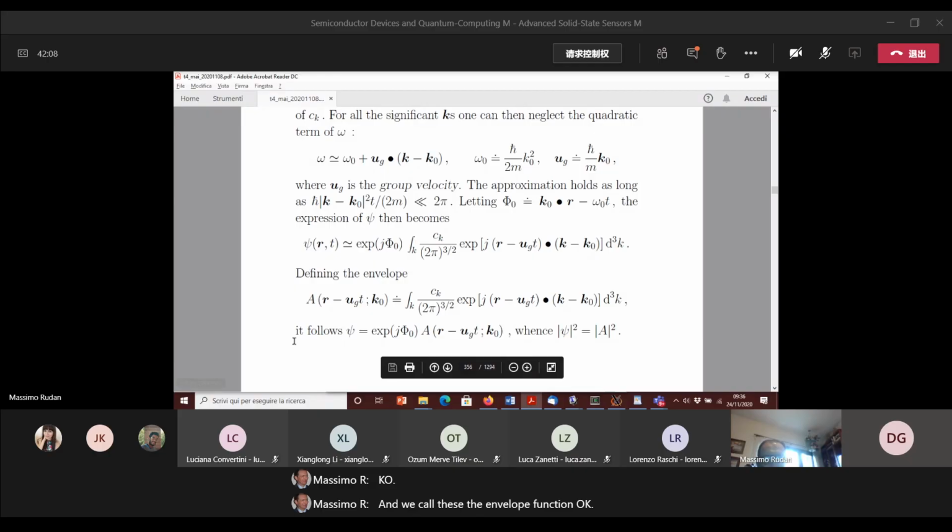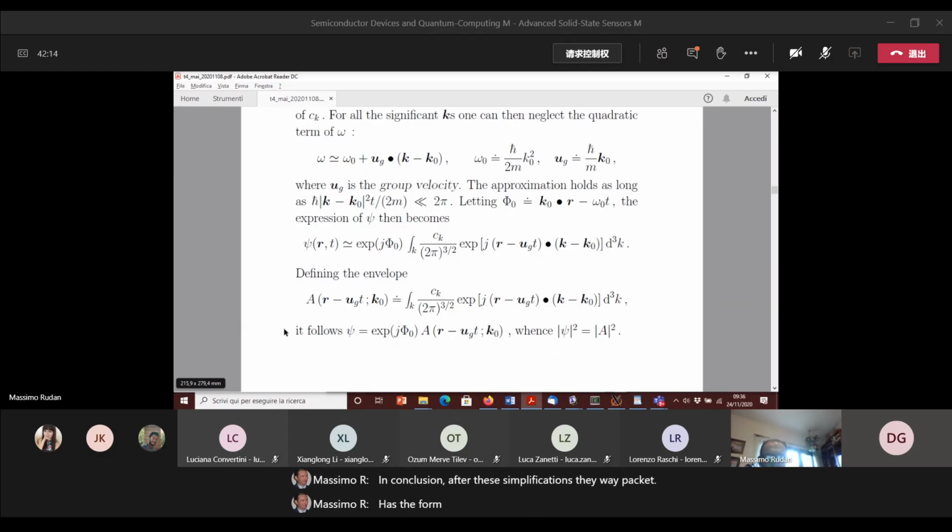In conclusion, after these simplifications, the wave packet has a form given by the product of the envelope function A, you can see it in the last line of the page, times the exponential of j phi 0, okay? But you remember that the localization of the particle is given only by the square modulus of the wave function, not by the wave function itself. So when we take the square modulus,